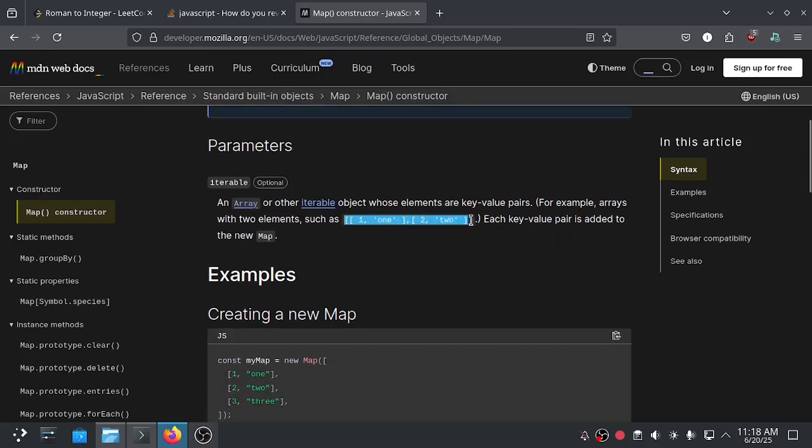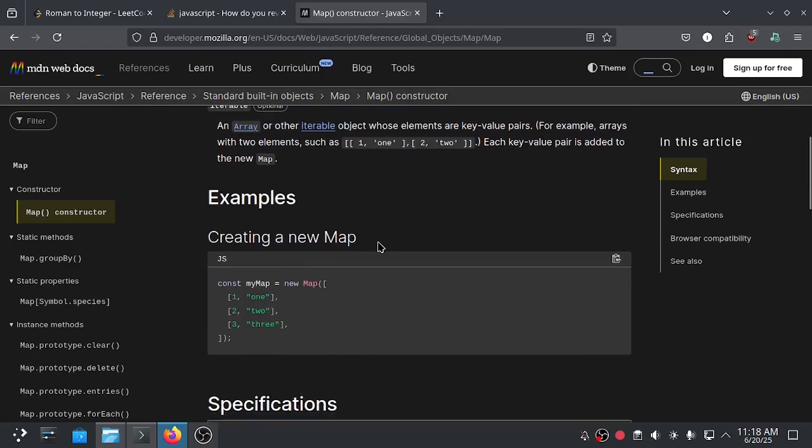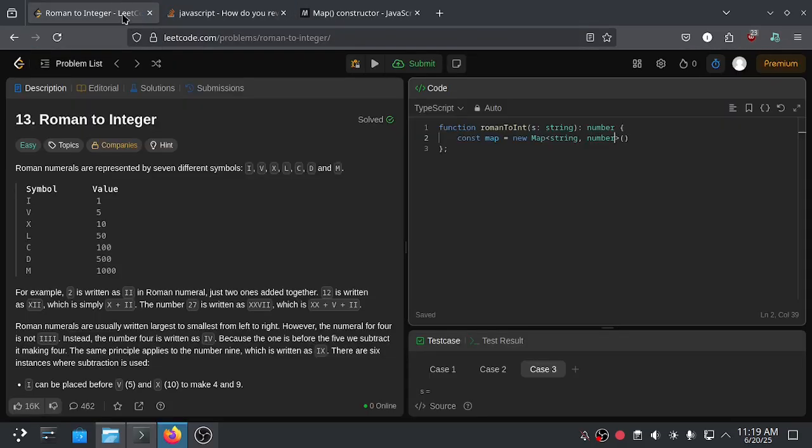This example is perfect for our use case, a number and string key-value pair. This is the key and this is the value, wrapped in an array, and also wrapped in a nested array, separated by a comma. So let's use this.